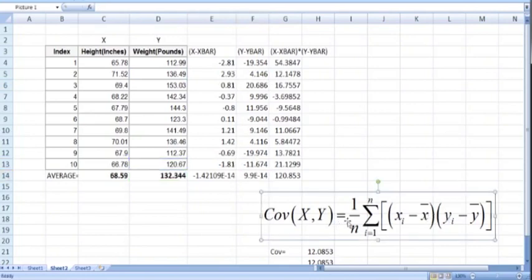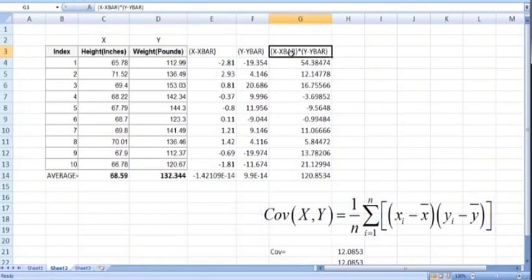And now look at the formula of this covariance. It is x minus x bar times y minus y bar. So construct a new column here, which is the product of x minus x bar and y minus y bar. So it means we need to multiply the entries in column E with the entries in column F. So here E4 times F4, and then copy this formula downward. In the next cell we have E5 times F5, and so on. Last one is E13 times F13.